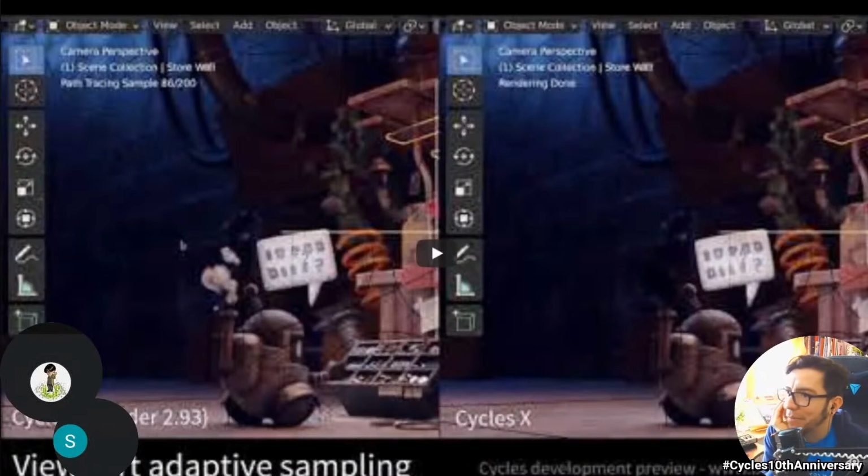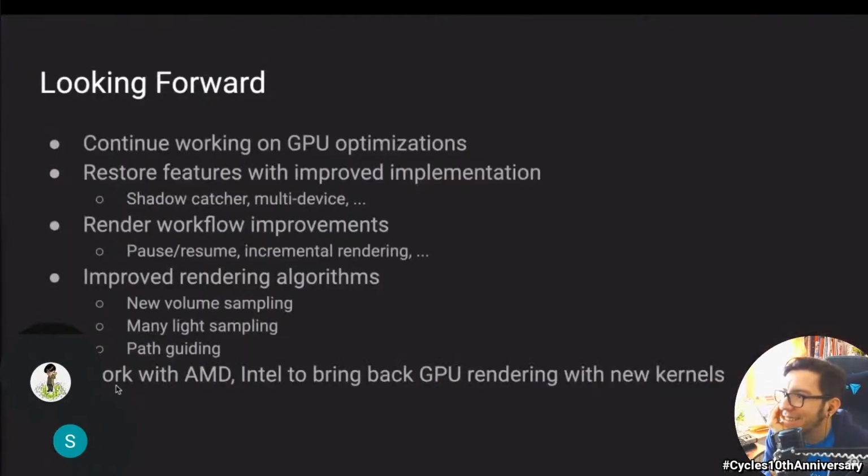Wow, viewport adaptive sampling. Yep. Wow. So, okay. Yeah, so